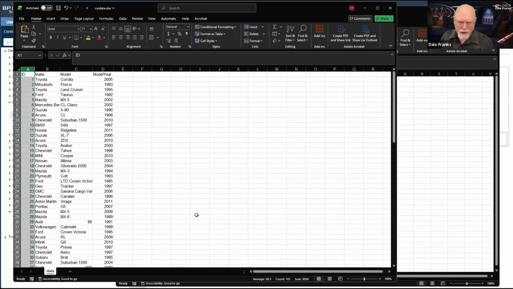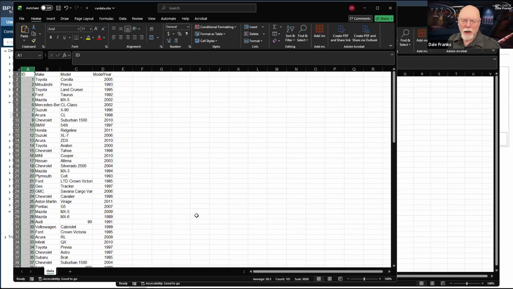So let's talk about this ID field and what it is. You don't necessarily have to have an ID field, but it is super useful. This ID field is what we call a primary key in database speak, which means it is a single value that uniquely identifies a single record in the database.